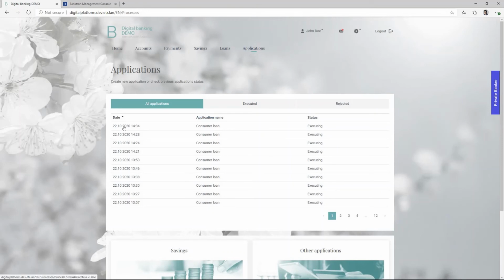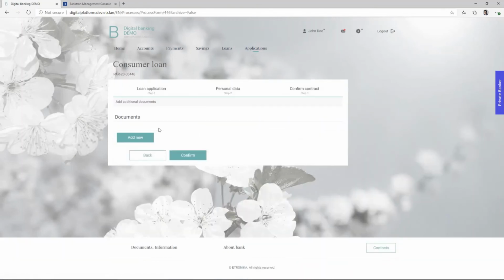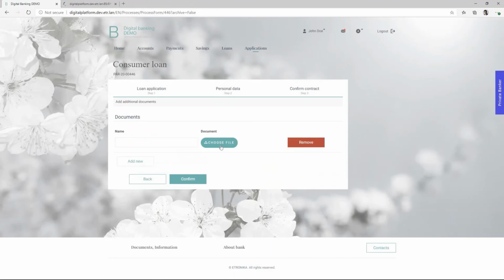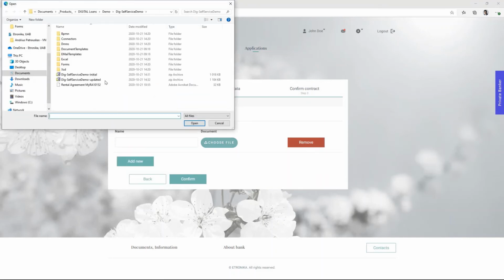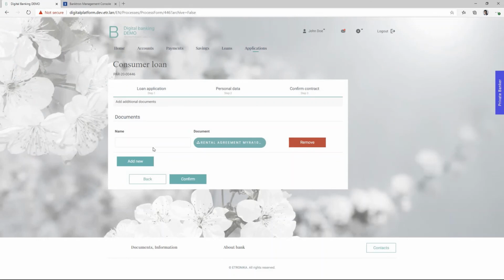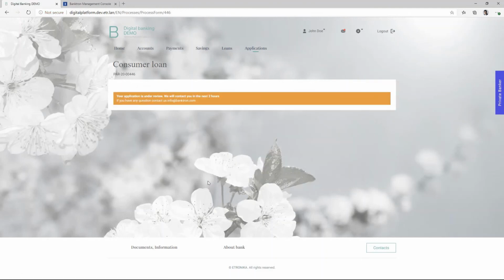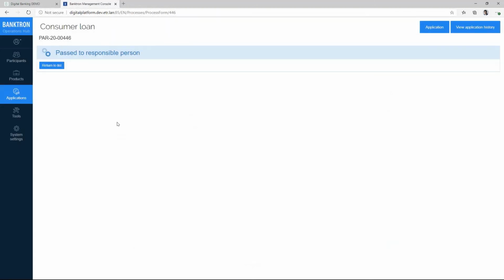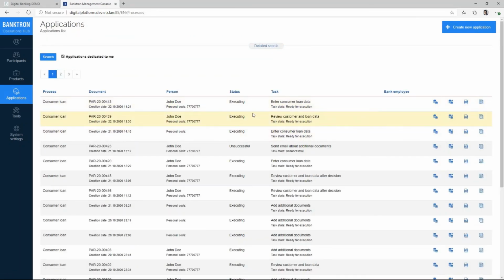Okay, this is my newest loan application. Yes, I need to add some additional documents. So let me open this. Well, I have submitted my extra documents, but as you can see, this credit application is not with the credit